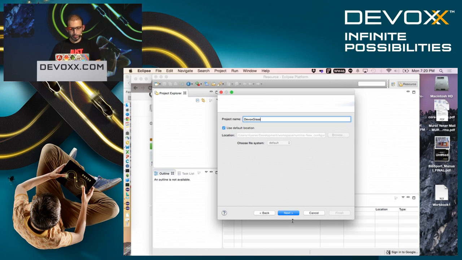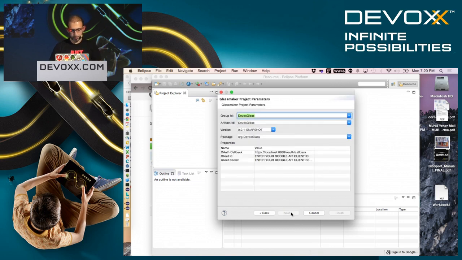Let's call it debugged Glass. Here you need to enter your client ID and client secret, which might not be wise to do for me right now.